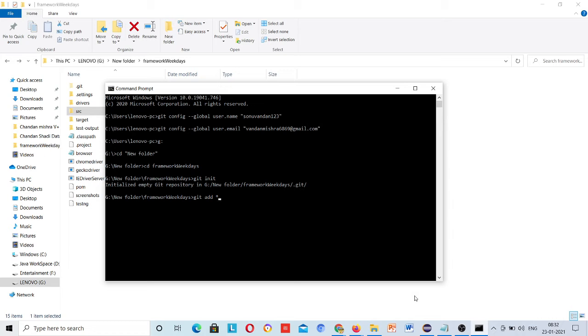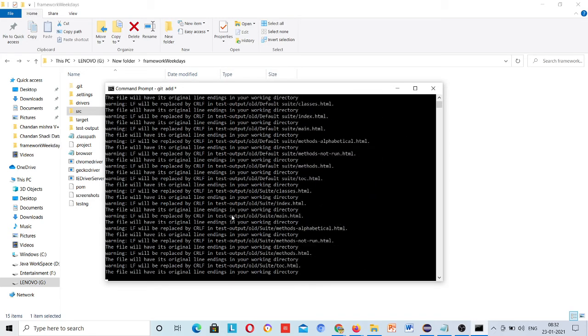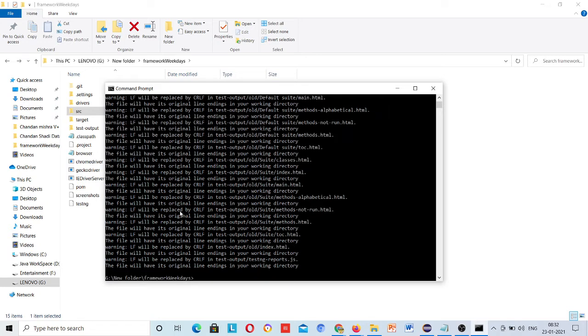What star means is everything inside this location, because you have initialized this location, and you want to add everything, no file you want to miss. So I have entered it and it will start adding. Everything is added.